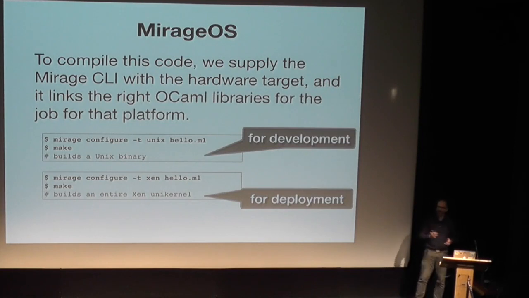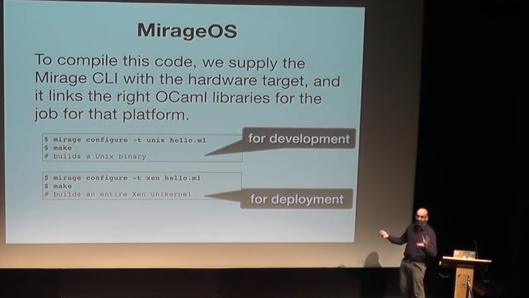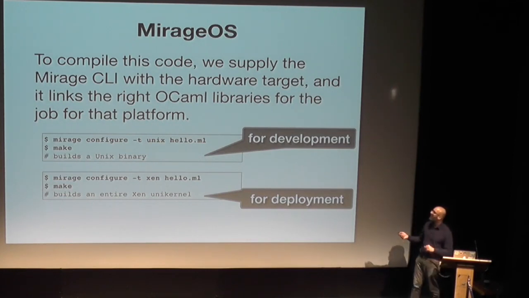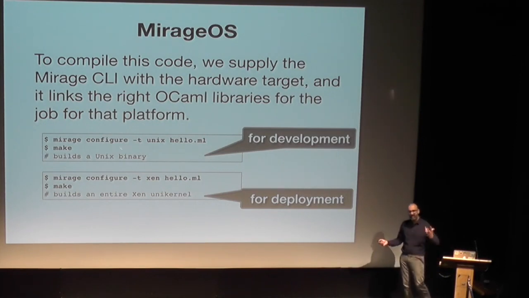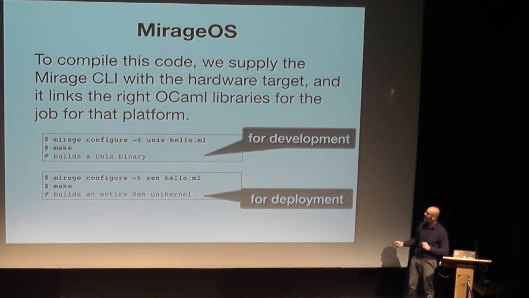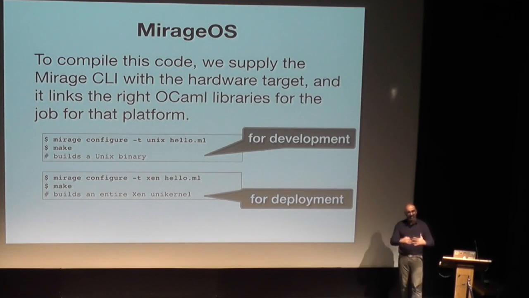Well, I'll talk to you more about this in the next few lectures, but fundamentally, from a user perspective, none of you in this room, except for 4 or 5 of you, have built operating system kernel patches in the past. With that nice abstract code parameterized across the operating system features it needs, all I have to do is type in Mirage configure Unix make, and that'll just give me a Unix binary. You can run it on the Mac, or you can do one on Windows as well. And then I can just say configure for Xen, and it recompiles everything. It links in, it discovers all the device driver libraries it needs, and it builds an entire unikernel from scratch as well.